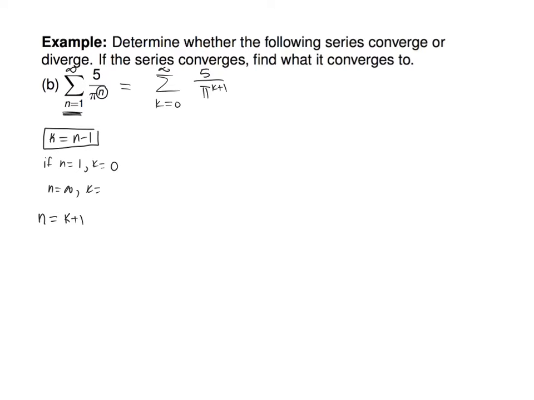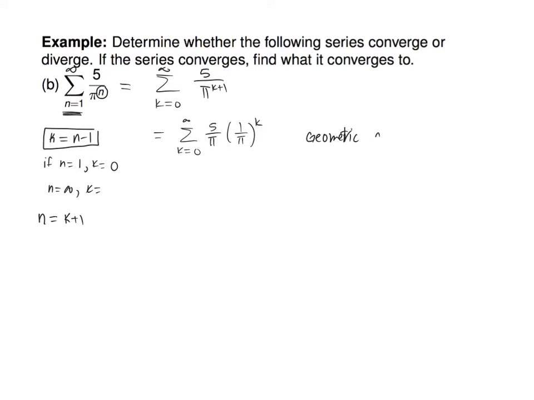Okay. So now it's almost ready to go into the geometric formula. What else could you do? You got pi to the k plus 1, not pi to the k, right? So what you do here is you pull it off and make it the sum from k equals 0 to infinity of 5 over pi times 1 over pi to the k. Does that make sense? And that works? It does work, doesn't it? Because when I multiply, exponents add, I just kind of undid that, right? Okay. So now this is a geometric series.